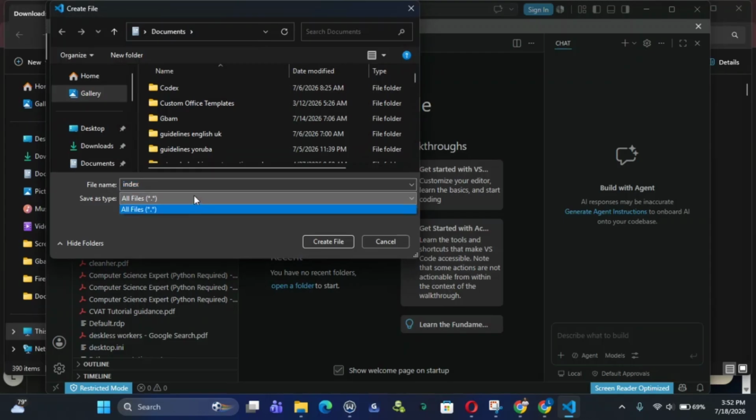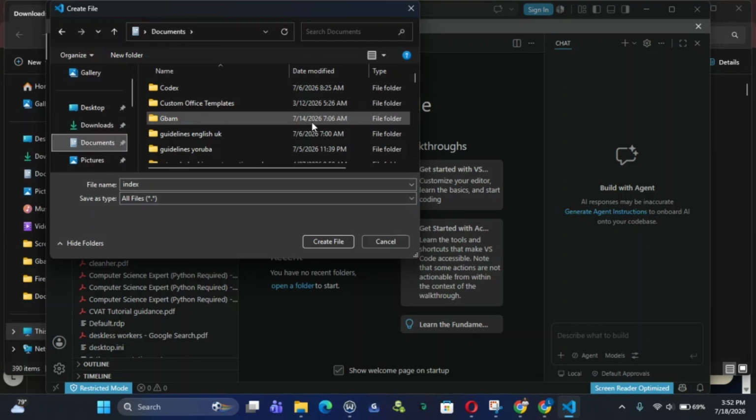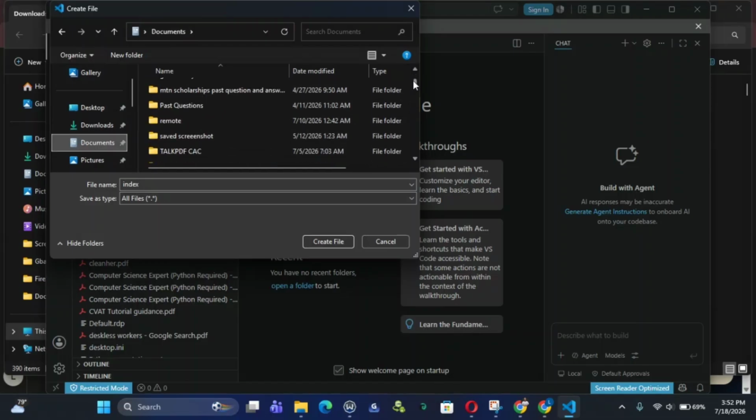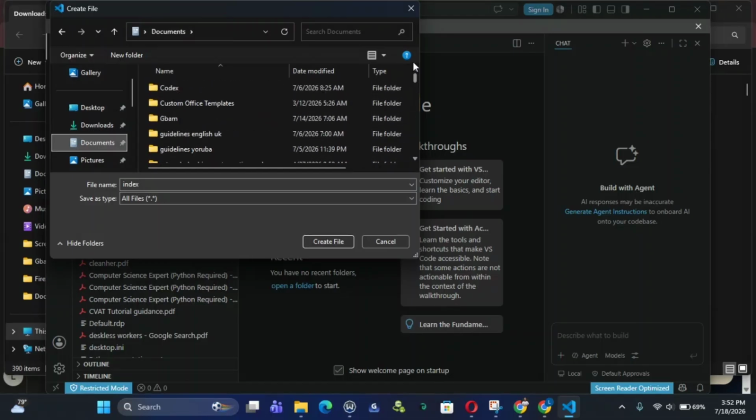Okay, I'm going to name it. Okay, let me navigate towards where the document I saved as Africa's. Okay,